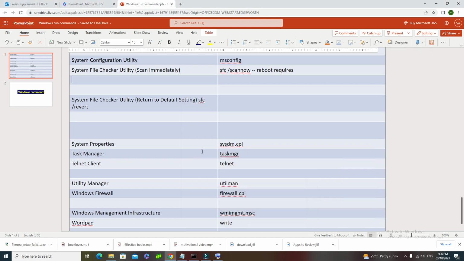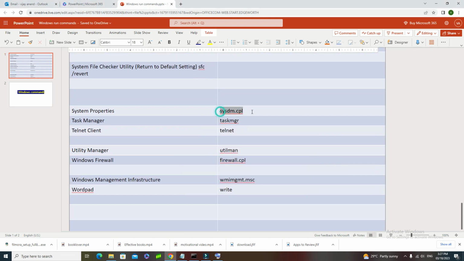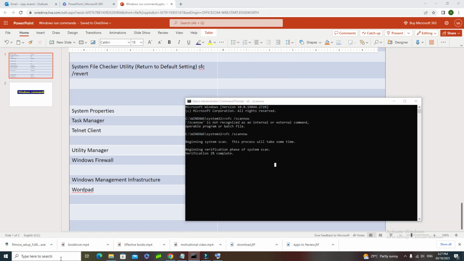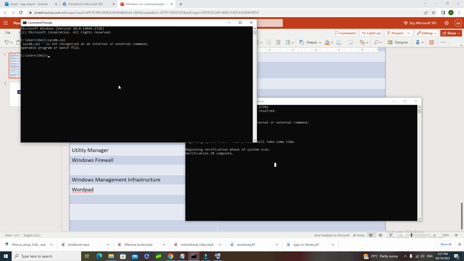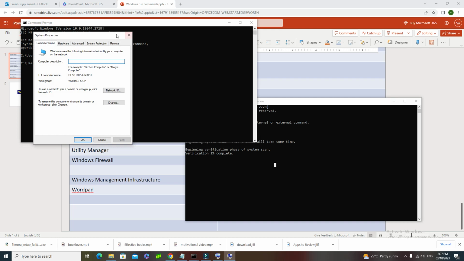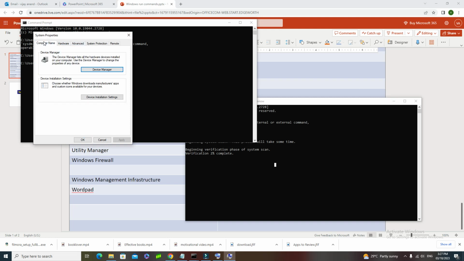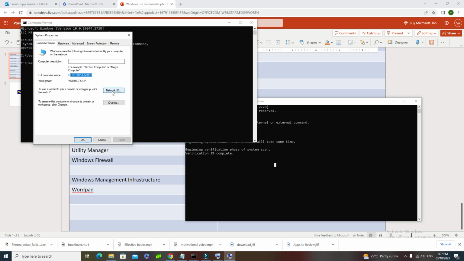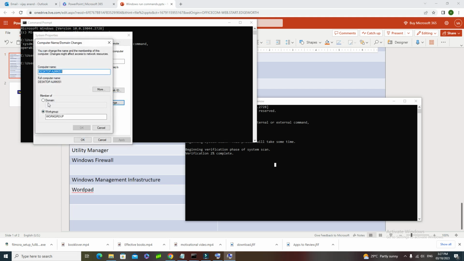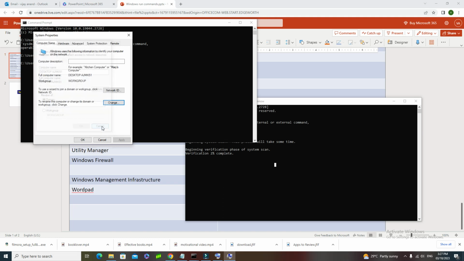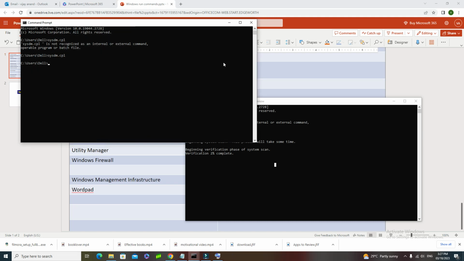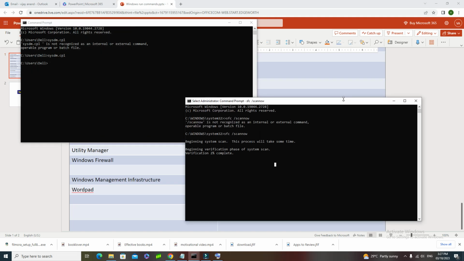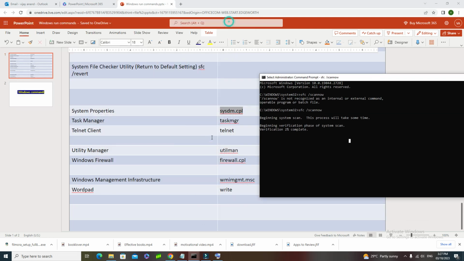Okay, system properties, sysdm.cpl. Let me open another command. This is computer properties, my computer properties. You can see the host name here, and if you want to change the domain, you just right click, enter the domain name, give OK. It will ask for a reboot and the system will join to domain. If you want to join a system to the domain, you can use that system properties. Okay, the telnet